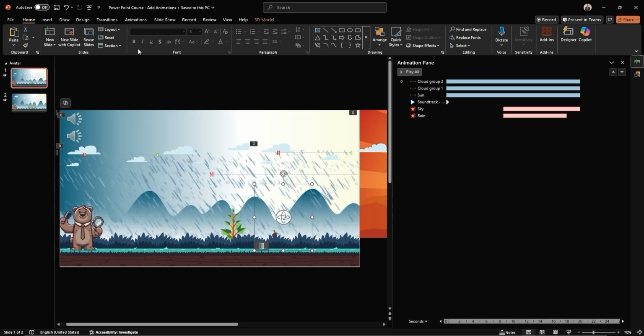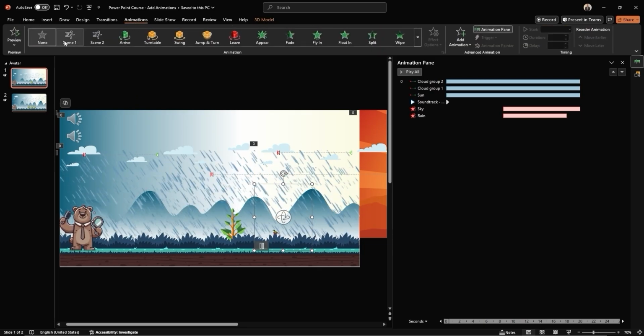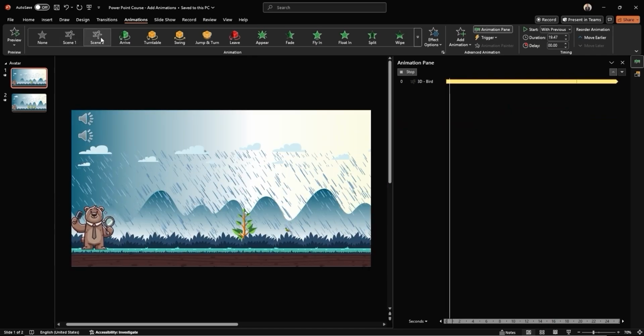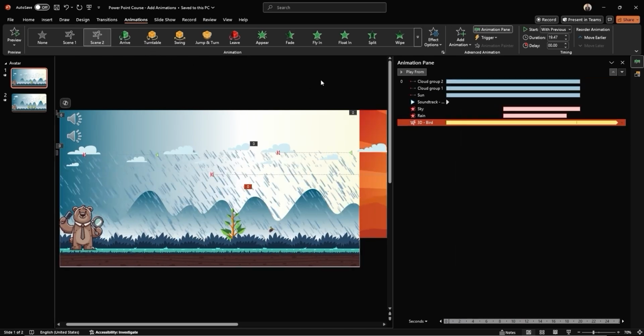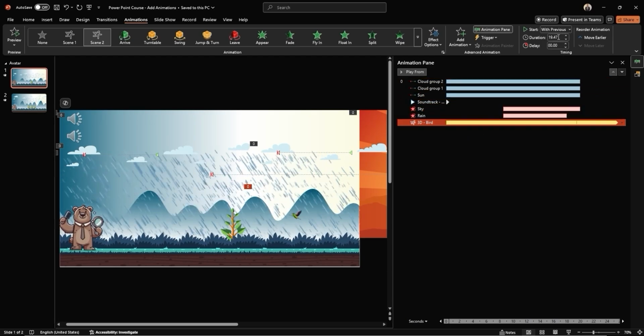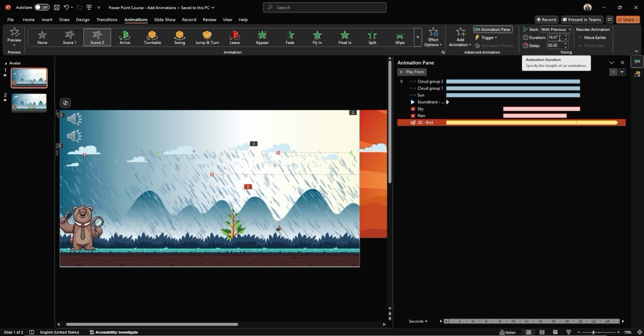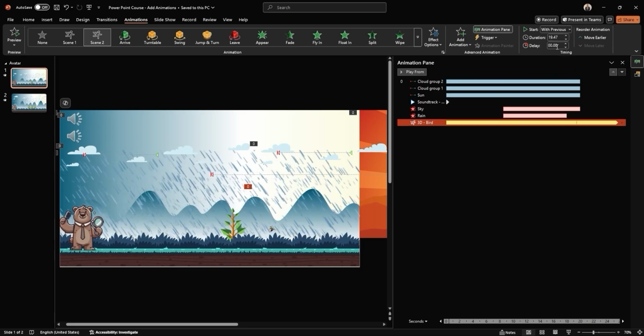You can find these built-in 3D animation scenes by heading to the Animations tab. In this case, there are 2 available options for the bird. Scene 1 makes the bird slightly enlarge as it animates. Scene 2 keeps the bird at its current size while still playing the built-in animation. Let's go with Scene 2. Once applied, check the animation pane. You'll see that the duration for Scene 2 is exactly 19.47 seconds. You can tell the bird is flapping around during this interval and then restarting the scene after it ends.